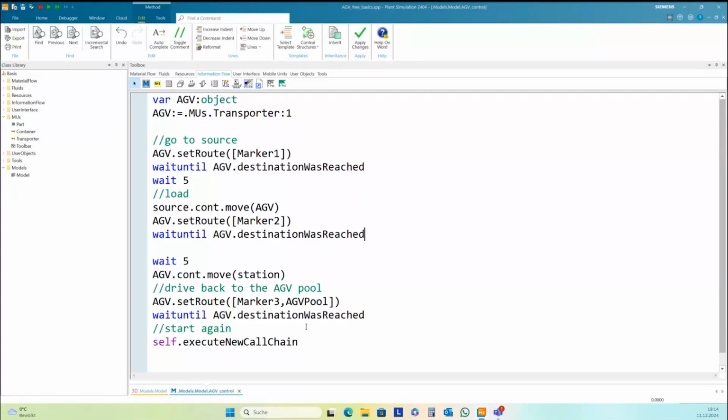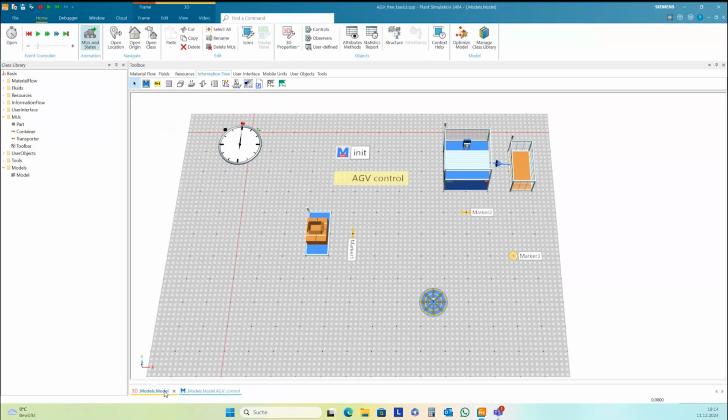Apply the changes, and then I can test this here. Reload the part, go to marker 2, unload the part, and via marker 3 to the HEV pool, and then I recall all the stuff and the next cycle starts.